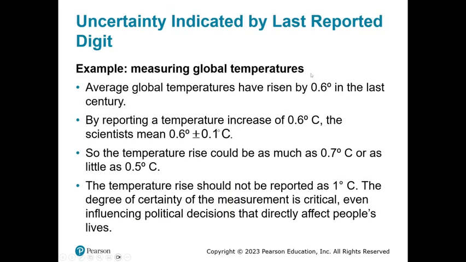So what this means is, we could take this example from the book. Average global temperatures have risen by a little bit over half a degree in the last century. However, we can only measure these global temperatures within plus or minus 0.1 degrees Celsius. So we don't know that it's exactly 0.6. We can give kind of a range that, due to the instrumentation that we have available, it's somewhere between 0.7 and 0.5 degrees Celsius. And because we have a level of certainty below one whole unit, we can tell these